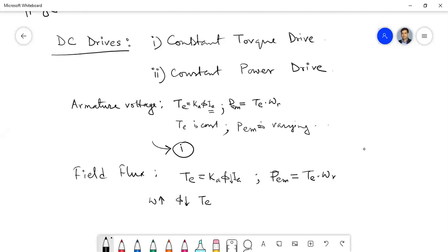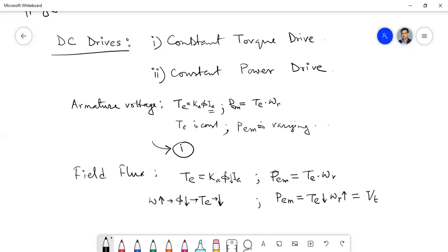Torque has to be reduced. Clear? Torque has to be reduced. But what about the power in case of field flux control? Here, the torque is reduced and omega r is increased, and this product remains constant because power also can be expressed by